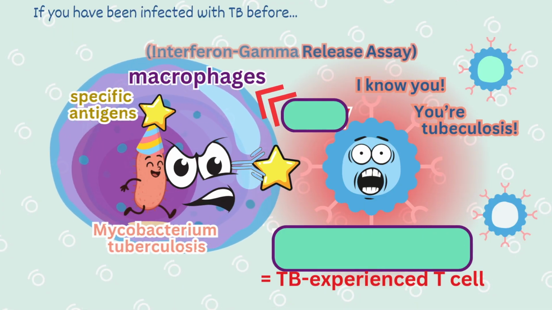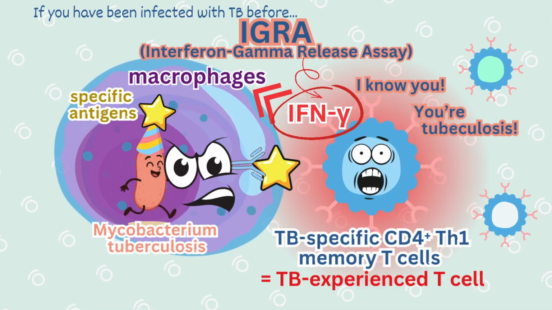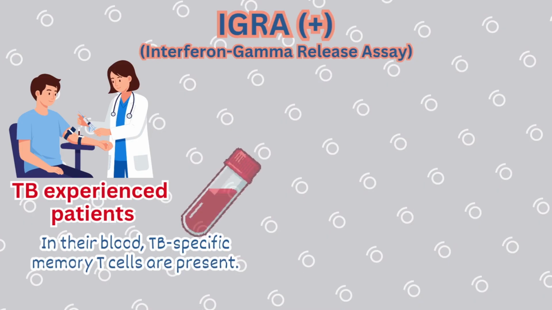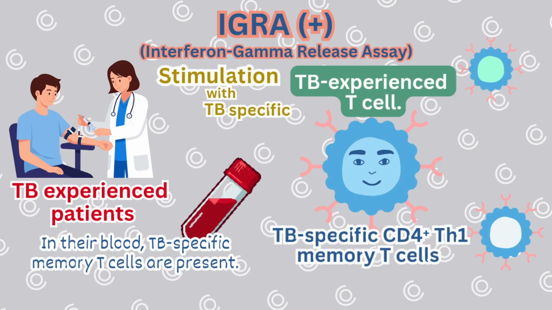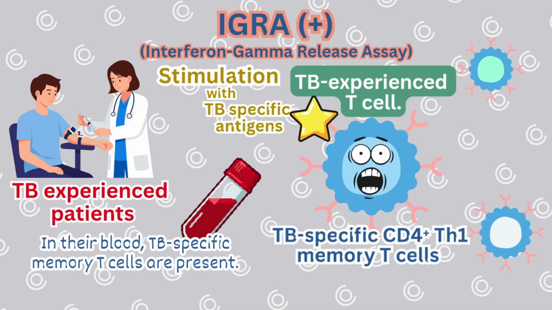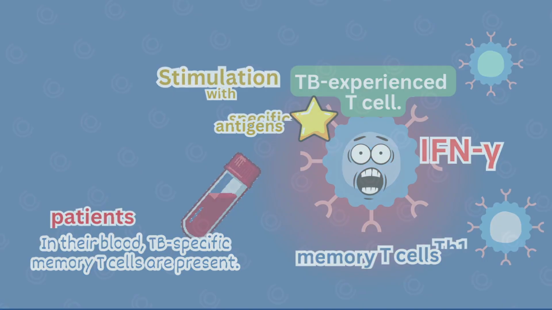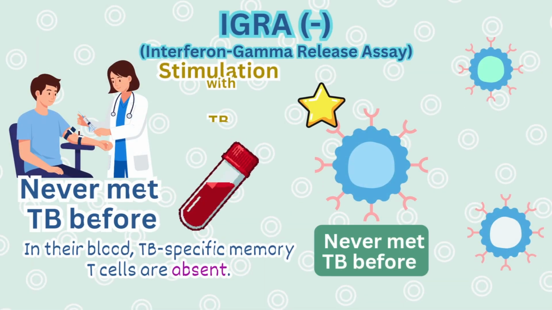What IGRA measures is this interferon-gamma released by TB-specific memory T cells. In individuals who have been infected with TB, TB-specific memory T cells are present in the blood, so stimulation with TB-specific antigens triggers interferon-gamma release. In contrast, if a person has never been infected with TB, these memory T cells do not exist, and interferon-gamma